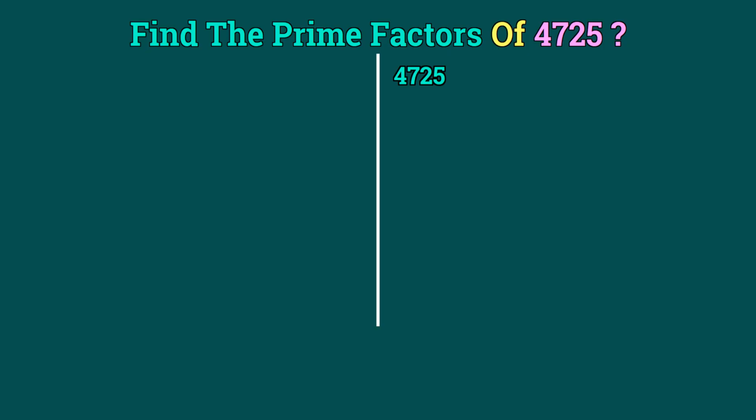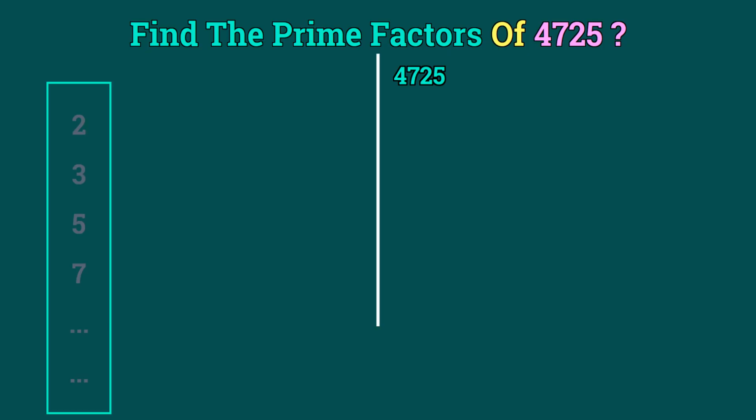Look at this prime numbers set on the left, dividing 4725 by 2. The result is not integer. Since the result is not integer, so we will try to divide by the next number, dividing 4725 by 3, which equals